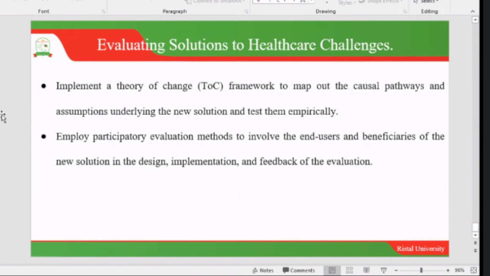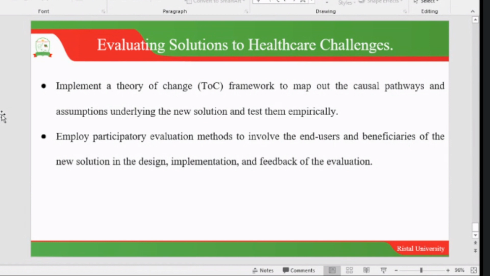We should see whether the distributed nets translate into people sleeping in them. People sleeping in them translates to the reduced cases of malaria. The reduced cases of malaria translating into the reduced deaths caused by malaria. So if we implement that theory of change framework, then we are able to see if our solution has been impactful or not. Then lastly, we can look at employing participatory evaluation methods, where we involve end users in evaluating